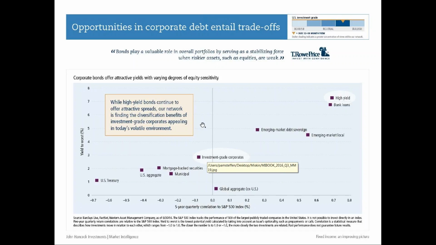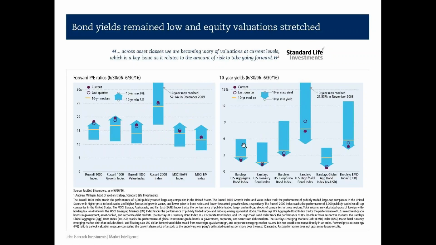Then you build around it all these other asset classes. These would be for your protection. These would be for your return enhancers. And that would be a way to balance out your fixed income portfolio overall.